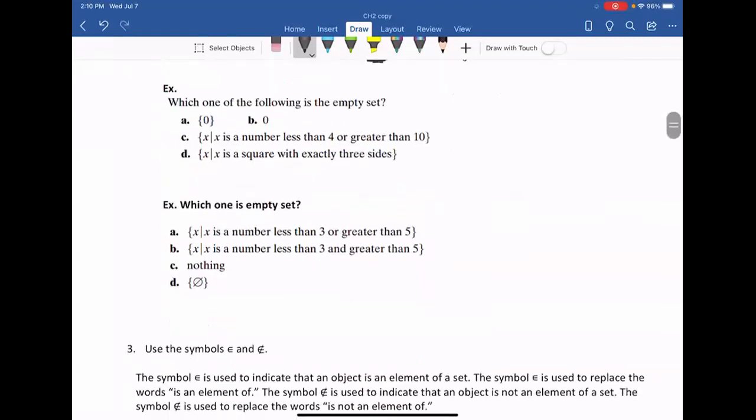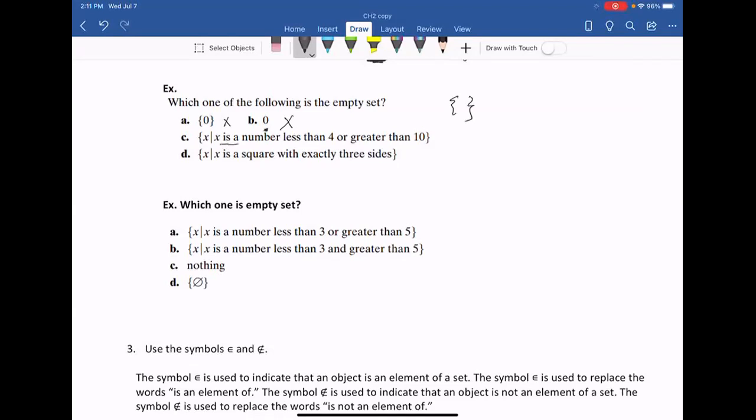Okay, next example. Which one of the following is an empty set? The first one is not empty because it contains one element, which is 0. So this is not an empty set. And the second one is not a set. Sets need to have braces. Also, the 0 is one element. We can't say this is a set. Number C,